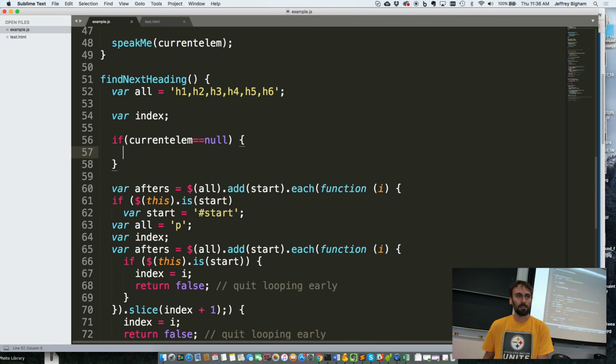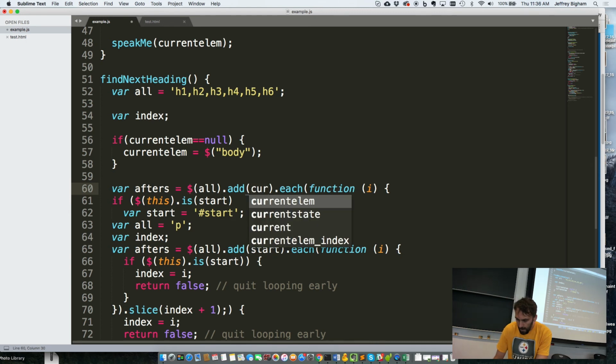So we'll take current equal body. Okay. And so we're going to add, after we get our list, this is basically going to be our list of all the headings. We're going to add in our current element,